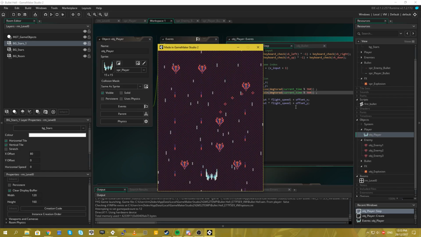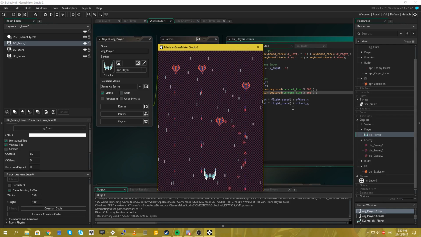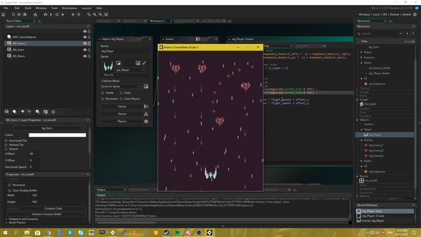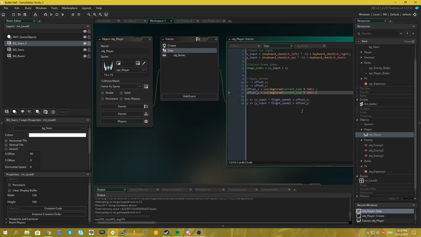Do I have any experience with Spriter for creating sprites for games? I'm a terrible graphics artist. I don't have any experience doing graphics at all. I'm shocking at it.